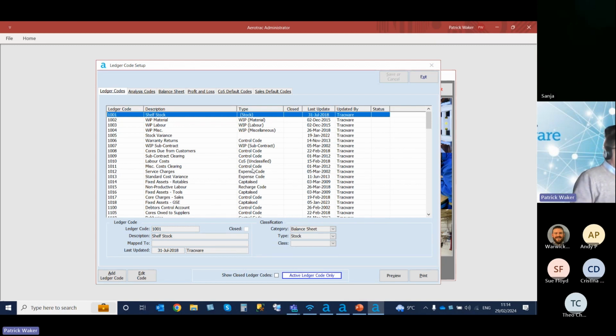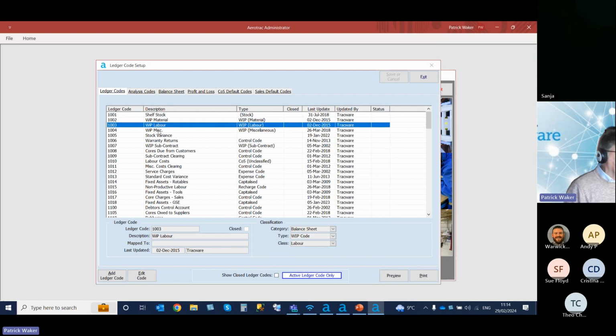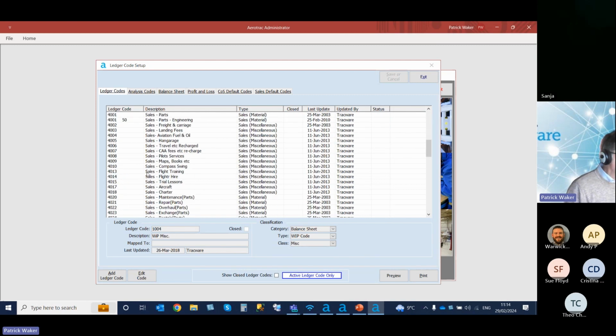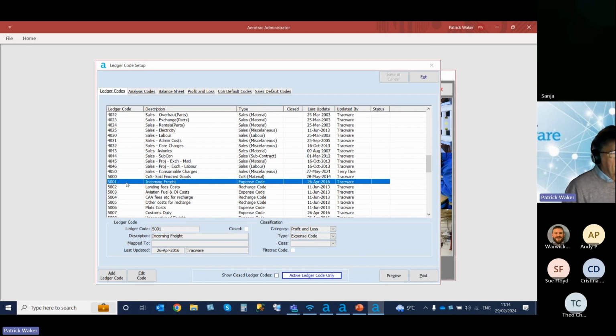Essentially, it's doing the same thing as you have to do in your accounting software, which is classify things as to whether or not they're a P&L or a balance sheet account. So we can see here that I've got shelf stock, with material, with labor, with miscellaneous. If I scroll down a little bit and go to some of the P&L codes to start with, a good example of